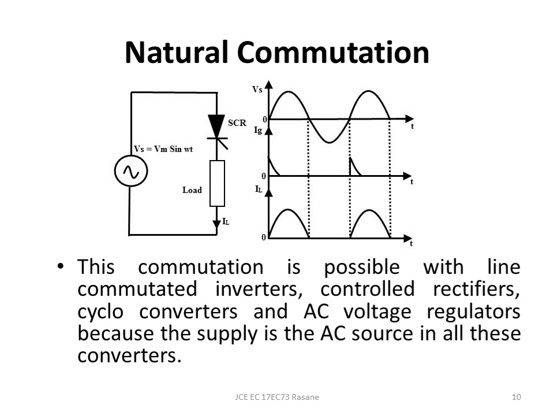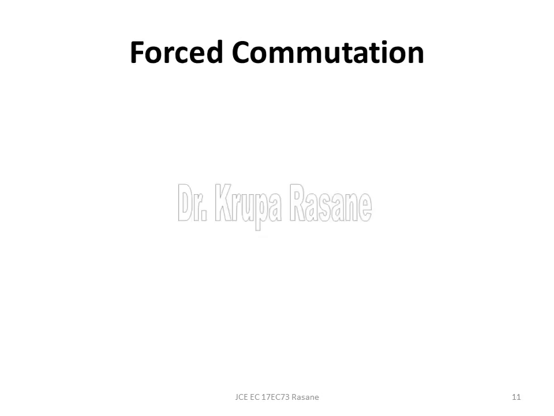See, rectifiers also have AC as input. Cycloconverters also have AC as input, and so do AC voltage regulators. So whichever circuit has AC as the input, it is sure to have natural commutation, or natural turn off, of the SCRs.